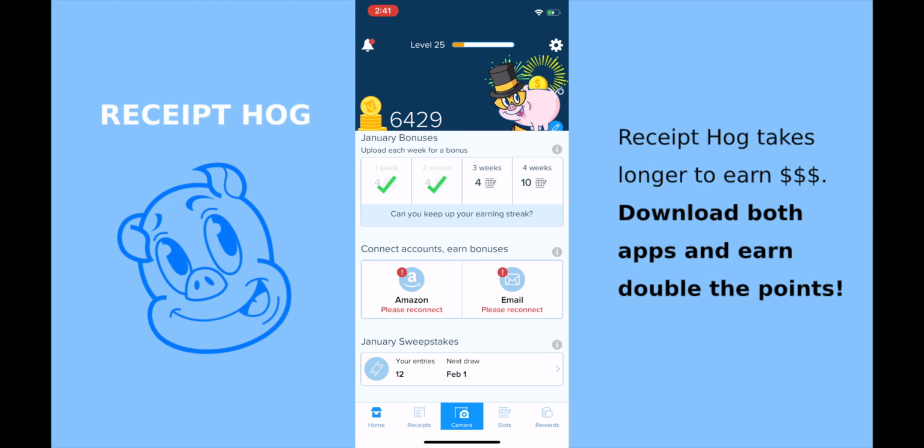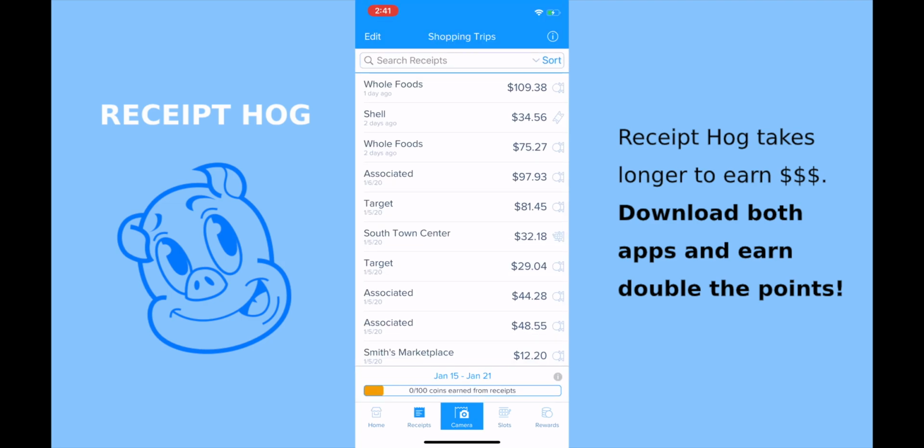Basically, you snap pictures of receipts and then the app will credit you a certain number of coins or tokens or lottery sweepstakes tickets for however much money you've spent on the receipt. So if we head over to the receipt tab, you can see I've spent quite a bit of money on groceries. Now, on the far right hand side of each one of these receipts, you can see that it was